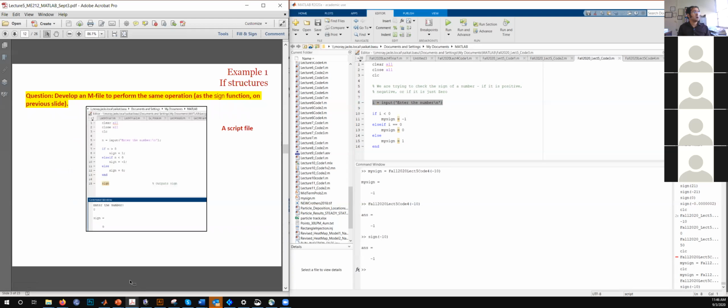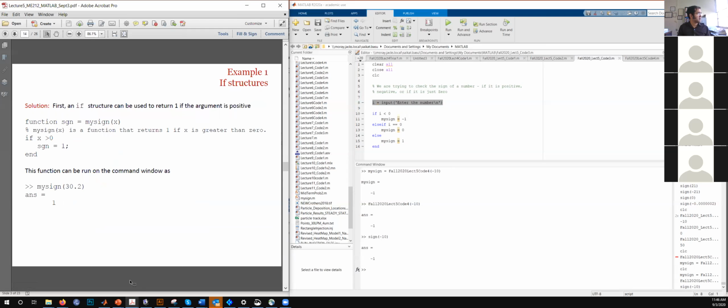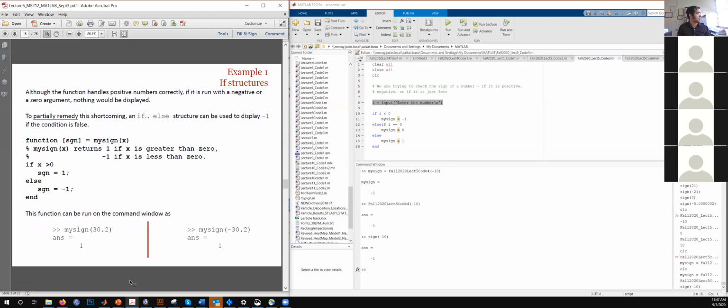So I have this screenshot for the script file, the function file, and then I have discussed all different aspects of whatever we ran on the command window. So if you didn't follow the lecture, just go back into the PDF lecture notes as well. And all these things have been explained here, whatever we did.